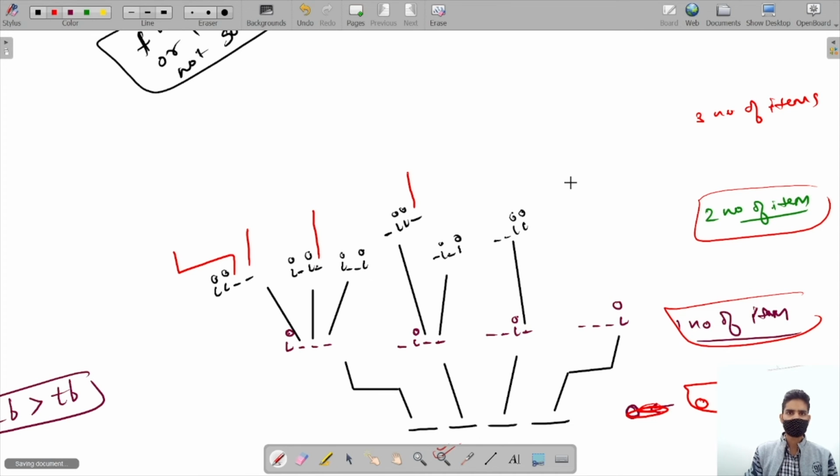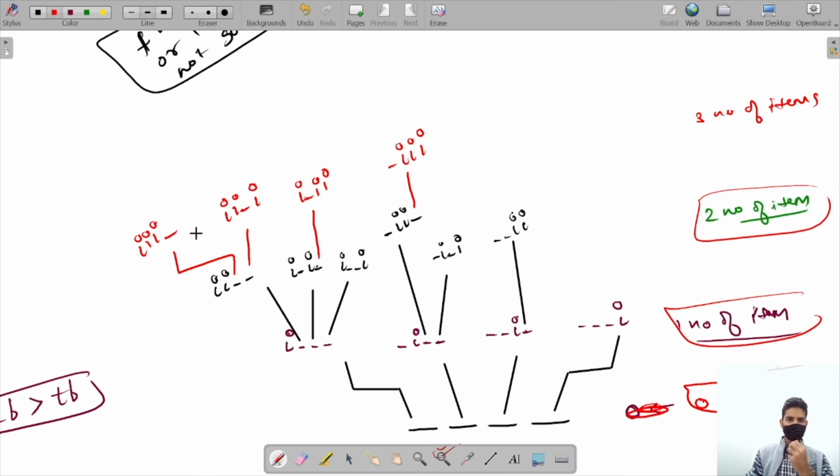So I dash I dash I dash I, and dash I. There are 4 ways in which we can put 3 items in 4 boxes. What are the ways? Firstly, put the items in the first 3 boxes. Basically, let's check whether these are correct or not.